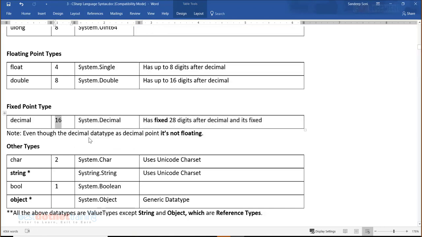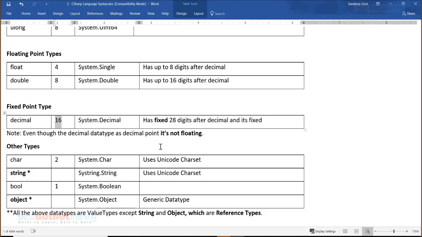Though in today's date, memory doesn't really matter a lot because we have memory very cheaply available, whether it is in the form of RAM or in the form of physical storage. In both cases, memory is cheap, but it does not mean we simply take everything to be of type double. No, that's decimal. No, there has to be a proper balance. Some places you have to choose decimal, some places you'll have to choose double, and some places you may probably not even go for either of these and simply be happy with integral types. So the choice of data type is very, very, very important.